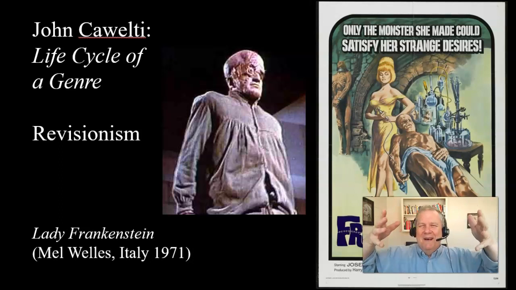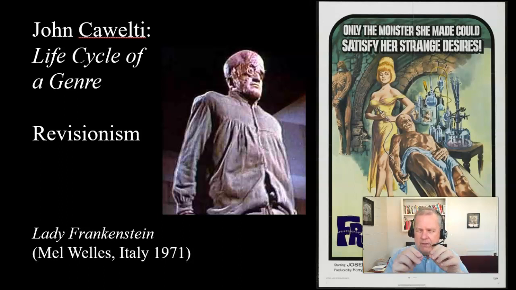So the second rule of the life cycle of a genre is associated with bringing new invention into the genre, that slows down during the revisionist period, and people start to play with the relationships between the elements that have already been established in the classic form of the genre. And that often means bringing in elements from outside of the genre that you wouldn't expect to kind of splice together and create a new and novel experience.